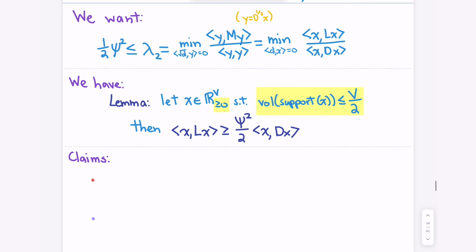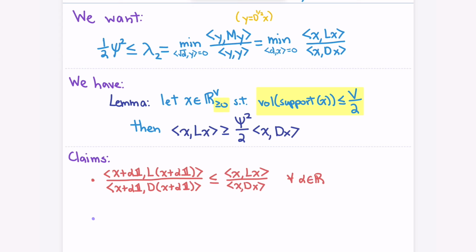Okay. All right. So originally, I wanted to be able to take any vector that's orthogonal to D and extract out a low conductance cut. And what we just showed in that long derivation is that if x is non-negative and its support, all the positive vertices, has small total volume, then you can get a small cut. Okay. So now we just have to reduce one to the other. And we're going to do that with 2 claims. One,